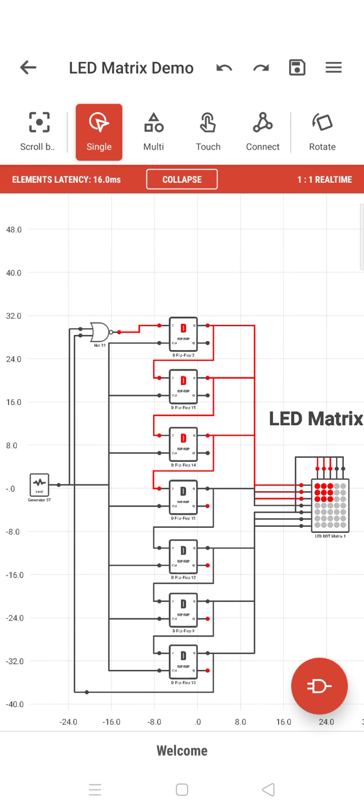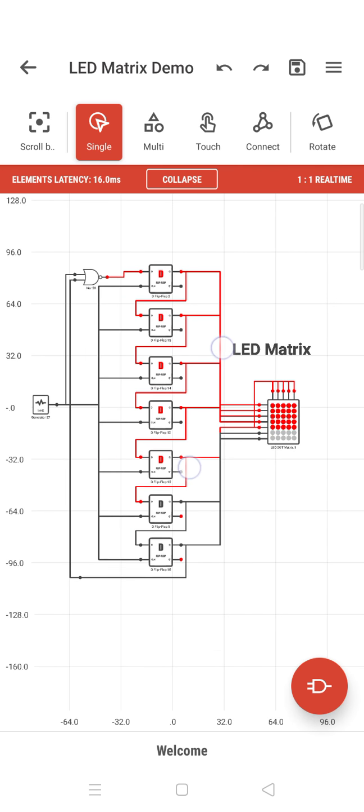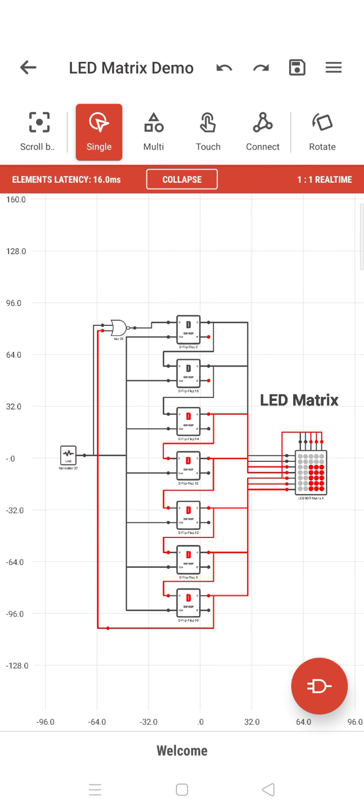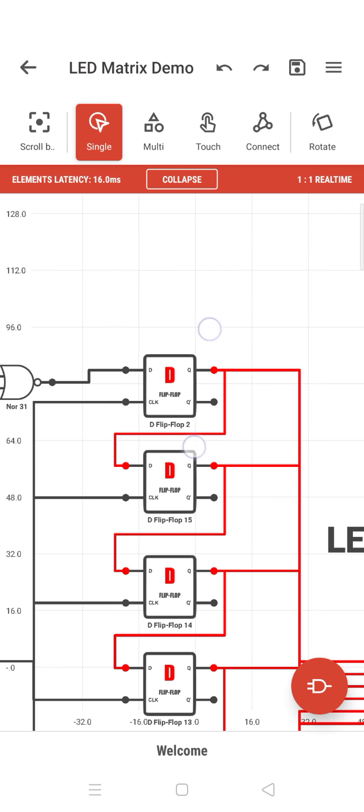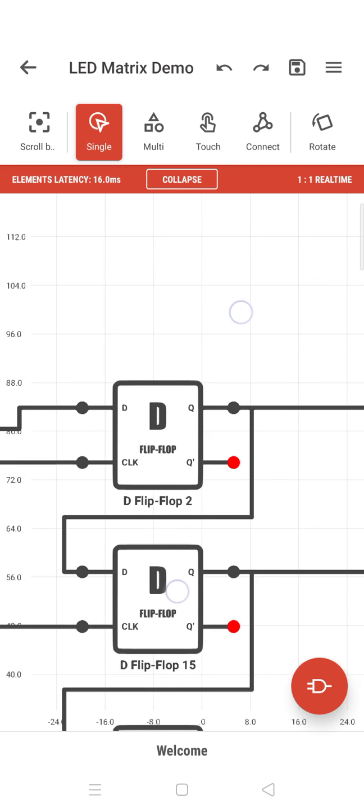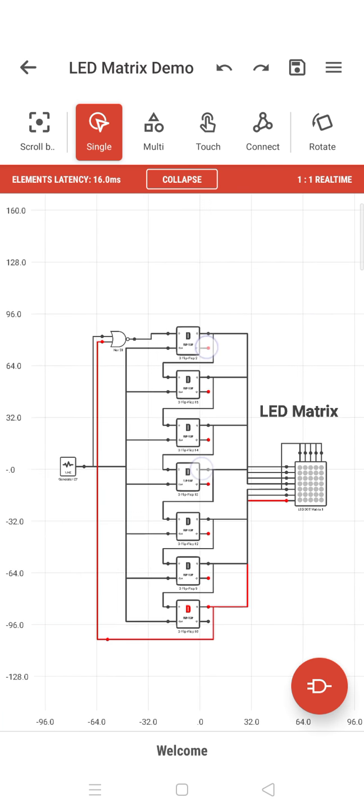Now this is the LED matrix. Now we are going to see what an LED matrix is. Just see how an LED matrix works. There is a frequency generator which is generating frequency. I have directly connected it through gates here. The LED matrix starts and has what is called a D flip-flop. You can take the flip-flop and then connect it to a D flip-flop. So this is the kind of thing.